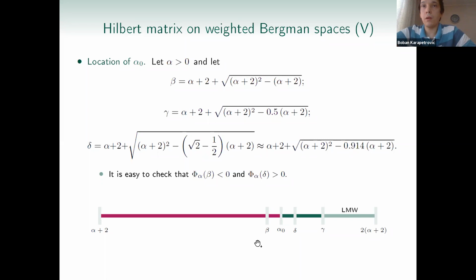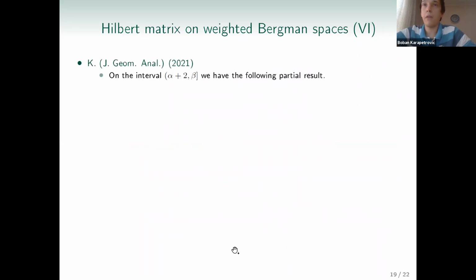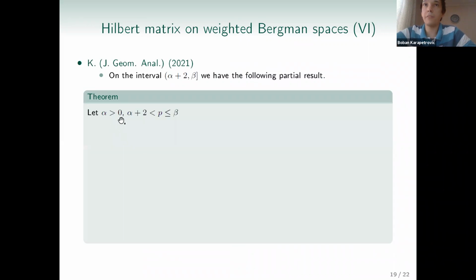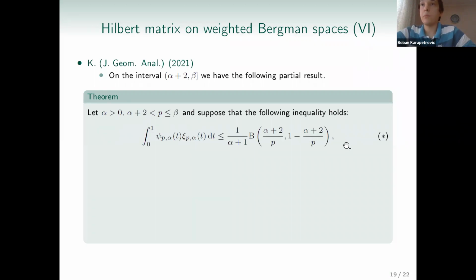And also, the problematic part is the interval from alpha plus 2 to alpha 0, but on this subinterval from alpha plus 2 to beta, we have one partial result. So from the same paper, we have that in the case when alpha is greater than 0 and p is between alpha plus 2 and beta, but suppose that the following extra inequality holds, an extra condition labeled with star. So if we suppose that this inequality holds,